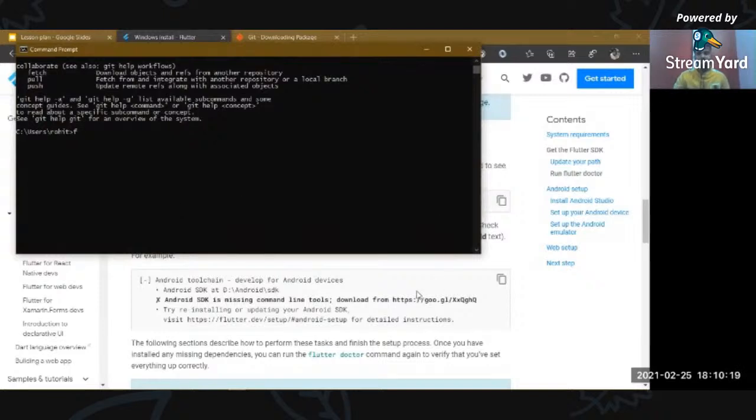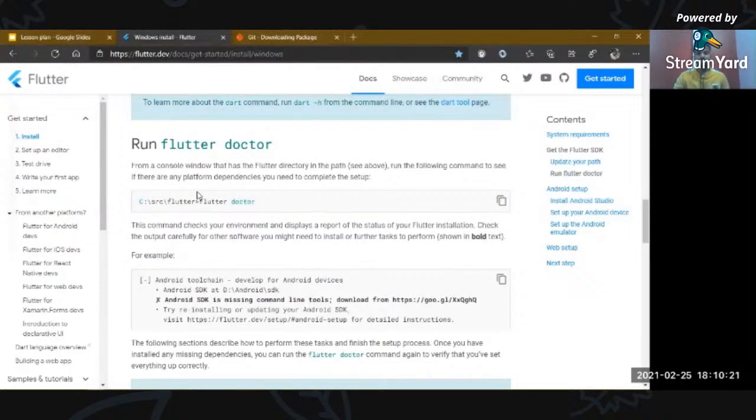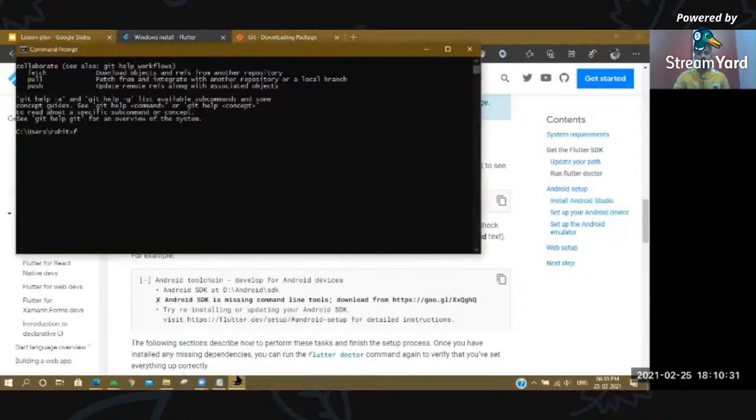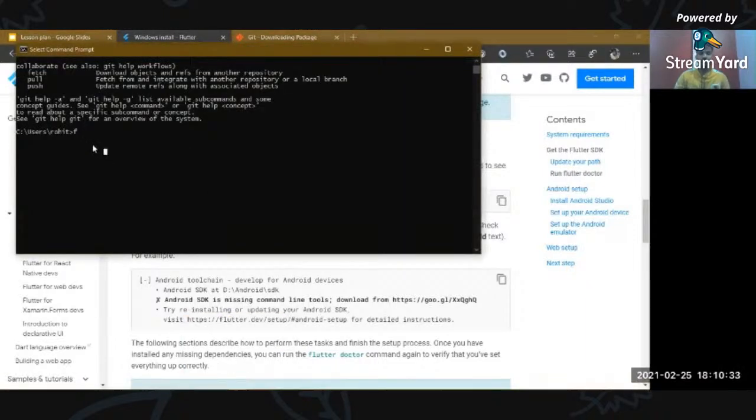It says to check whether our dependencies are met for the Flutter environment. So you have to run Flutter Doctor right where you have extracted your Flutter SDK zip.